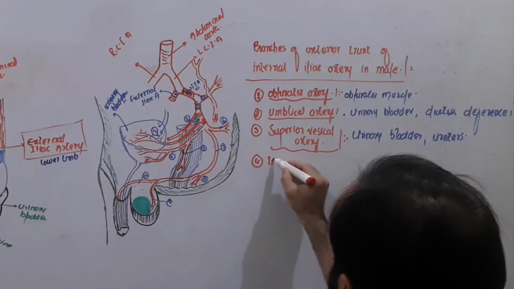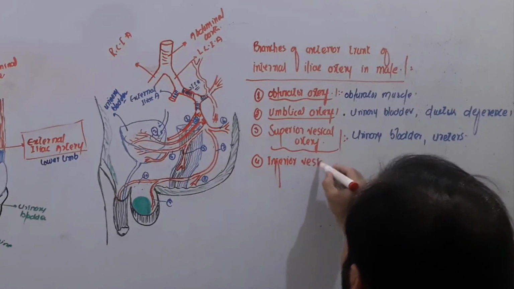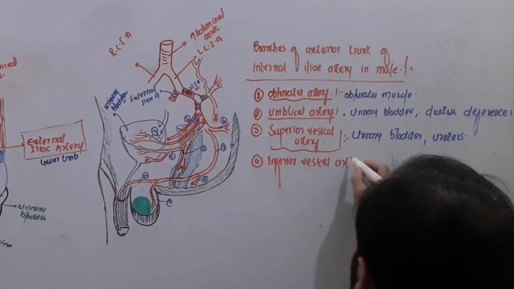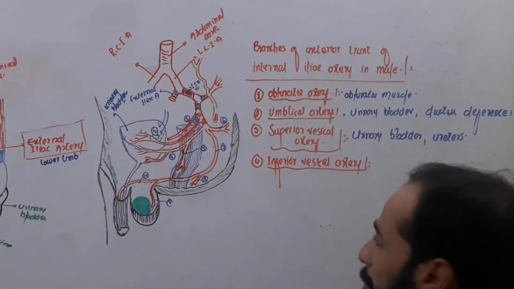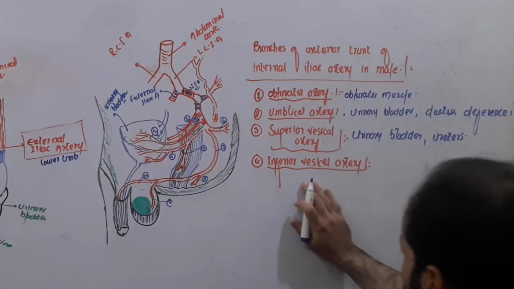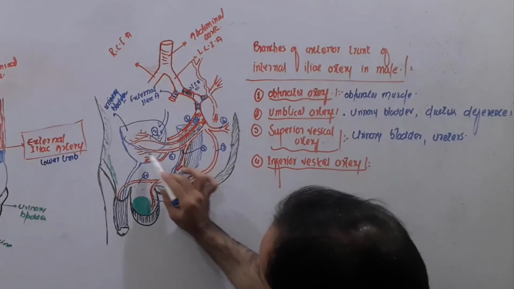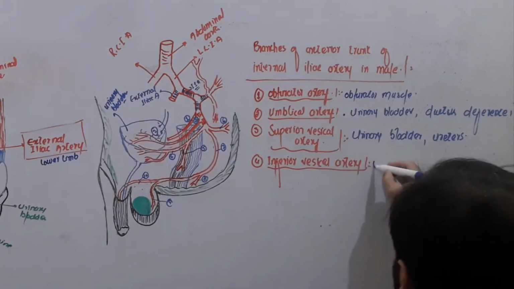This is called inferior vesicle artery, the fourth artery in the pelvis of male, inferior vesicle artery, and this artery is responsible to supply blood to the vesicle which is called the urinary bladder,